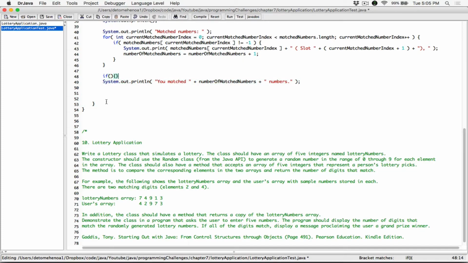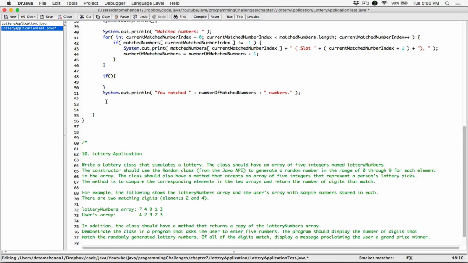So I'm going to create an if statement, because it's either the user matched all numbers or the user matched some numbers. If the user matched all numbers, then we say, okay, you're a grand prize winner, you matched all 5 numbers. If you didn't match all 5 numbers, then you matched some numbers, and so we're going to display some numbers. It's all going to depend on the value of number of matched numbers. So let's just cut this here. And over here in our if statement, since we'll have the value stored here, we're going to say if number of matched numbers